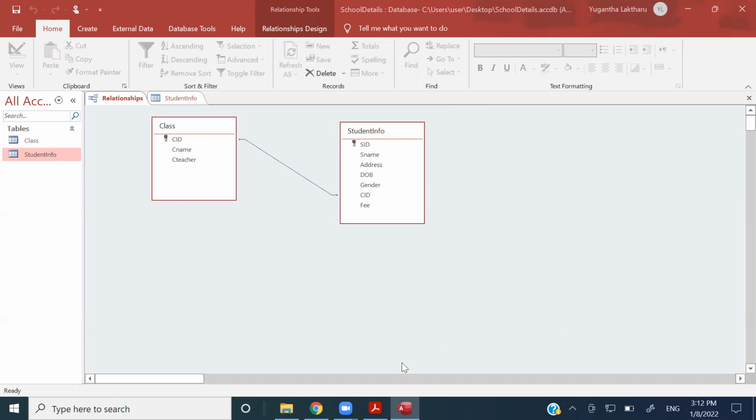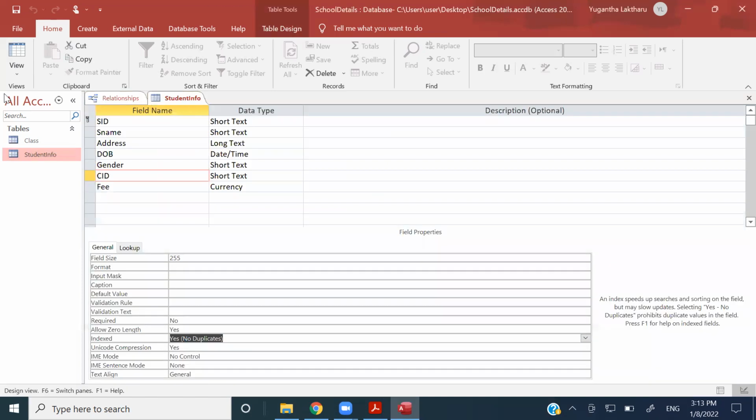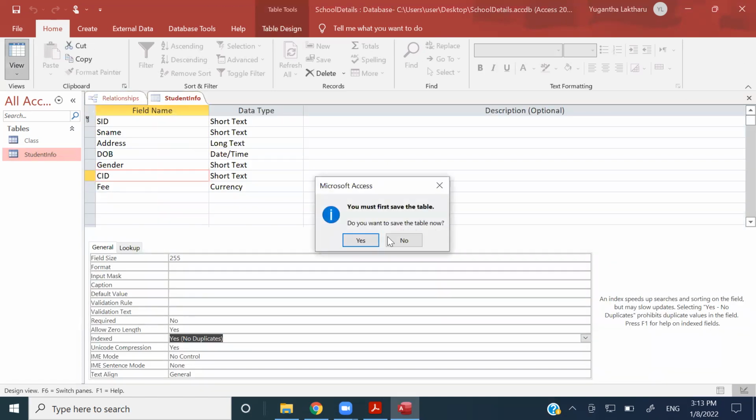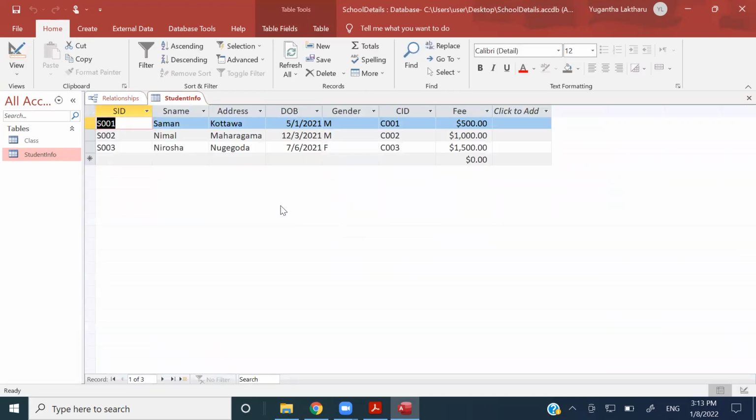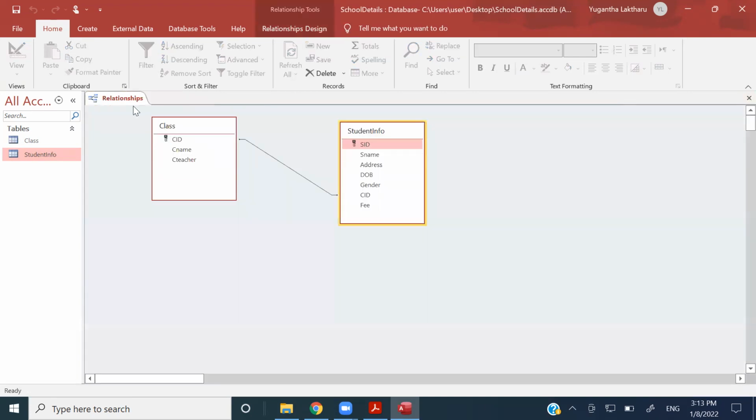All right. Okay, so let's move forward. Now we have to see what happens when this relationship is there. So I have built up the relationship, right? Let us go to the data sheet view. Now hold on. Now I am deleting this relationship again,